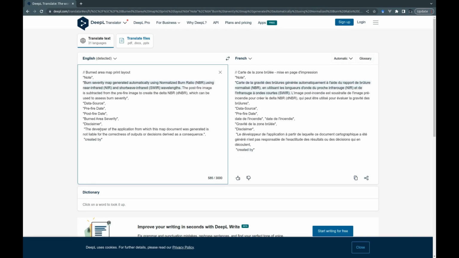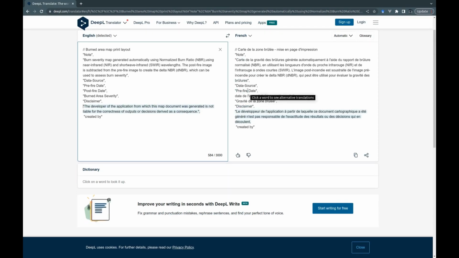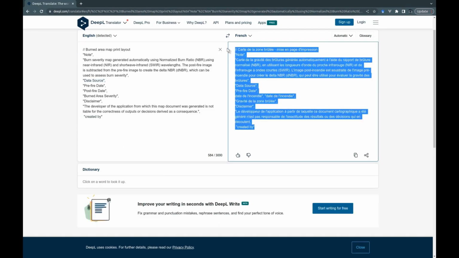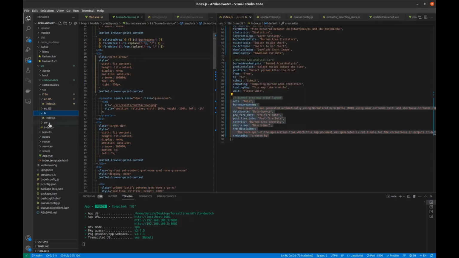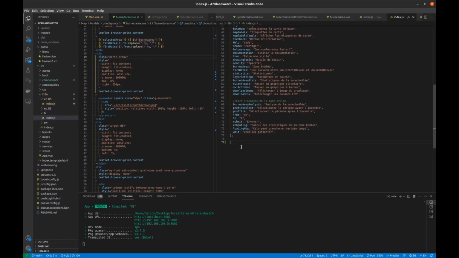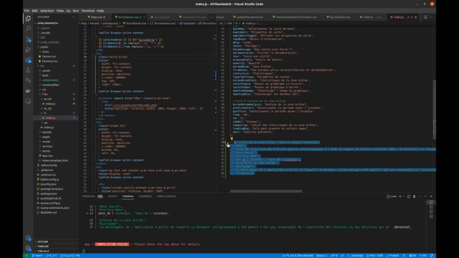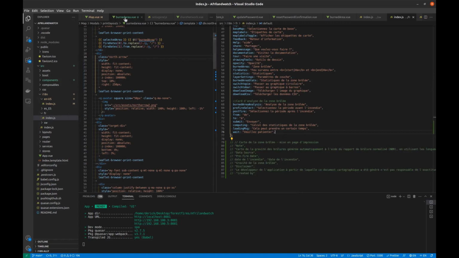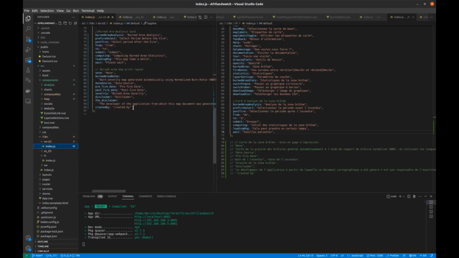One thing is DeepL might translate some of the keys that you have, and once you copy this directly to your local files for the language you wish to translate to, you might end up having bugs or missing keys for some of the words, and you don't want that. So in this case, I'm just going to translate the values and avoid translating the keys so that the keys are maintained. Next, I'm going to copy all these translated values, paste them to the index.js local file that is French,